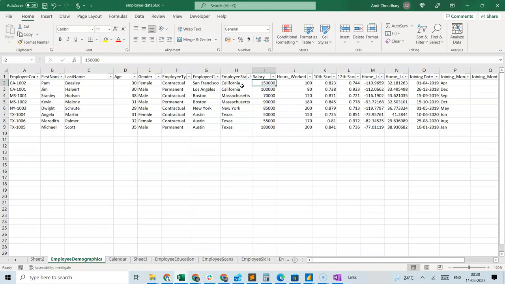Let's take another example. Just like average salary, let's think about the company situation where the company is hiring employees, and some of the employees are getting high salaries. For example, if I sort this in descending order, some of these employees are getting really high salaries, and some of the employees are getting low salaries. And these employees are doing projects, and they are spending hours on that. So for the company, there needs to be